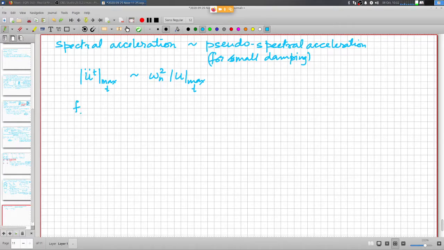That the column force F s max that I need to design is equal to either k times u max over t, or that is equal to k times spectral displacement for whatever damping and omega n you have, and this is also equal to m times SPA, because if you look at it, what is K? This is actually equal to this.